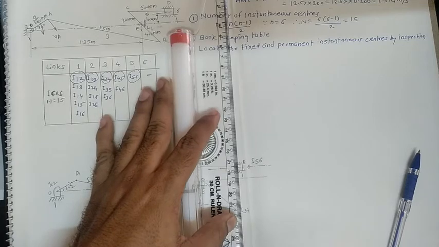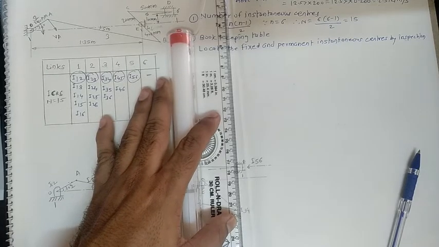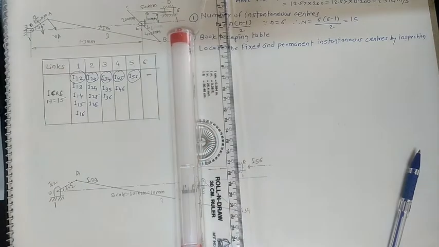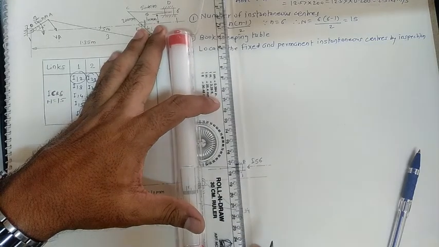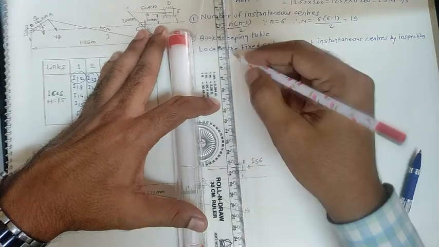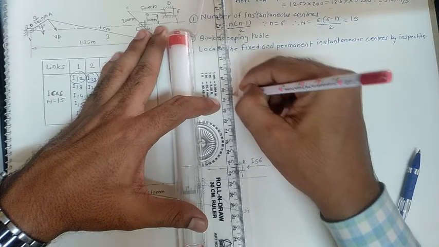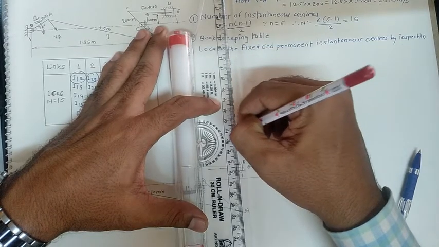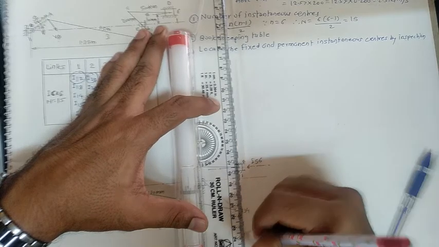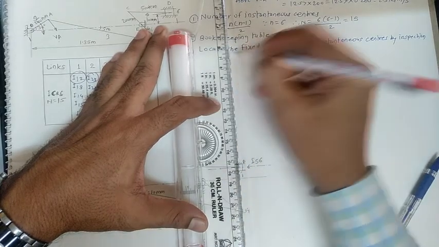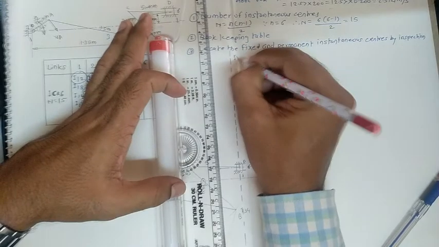Okay, the instant center with respect to that slider should be at infinity. So I1 6 we should show here at infinity. Okay, in this way. So I'll draw here one line in vertical direction like this, vertically in the downward direction as well as in the upward direction. Okay, so this indicates the I1 6 at infinity.